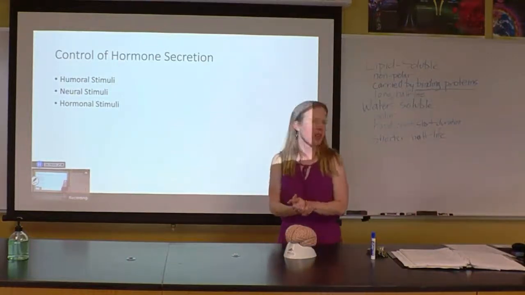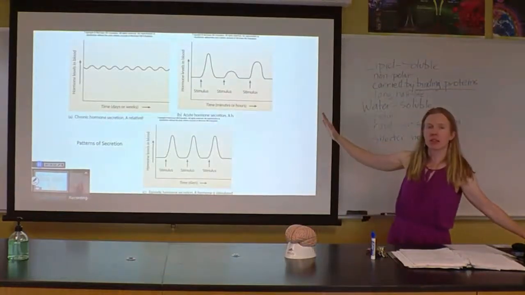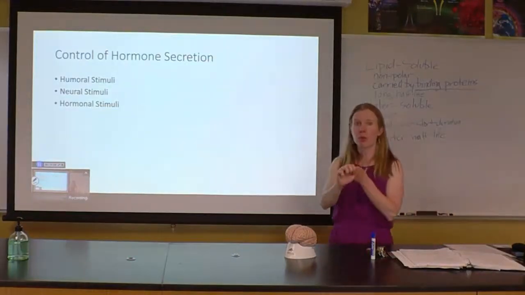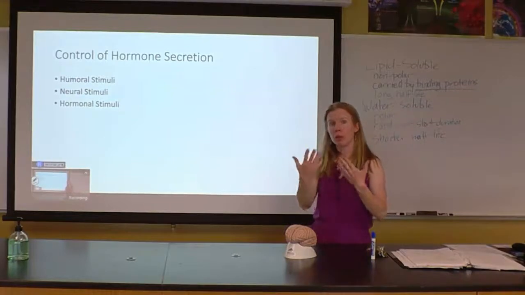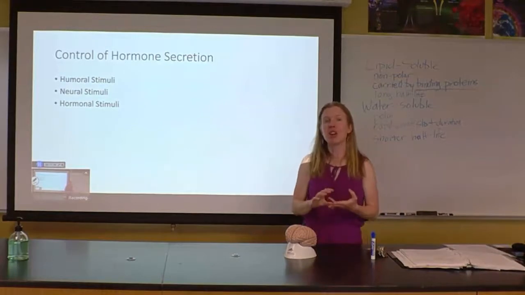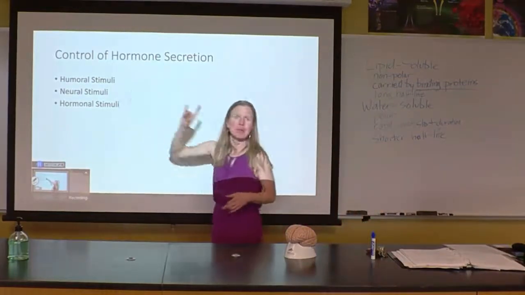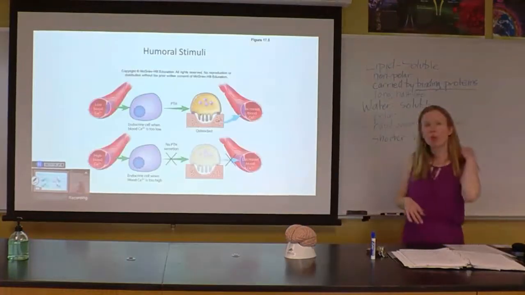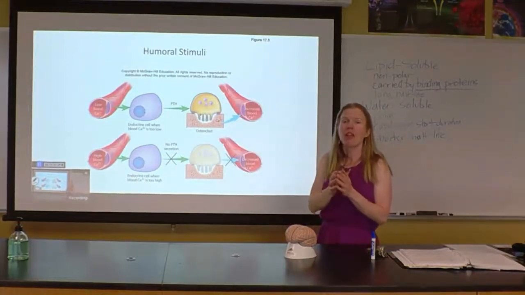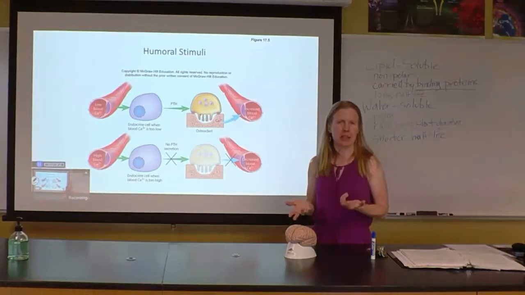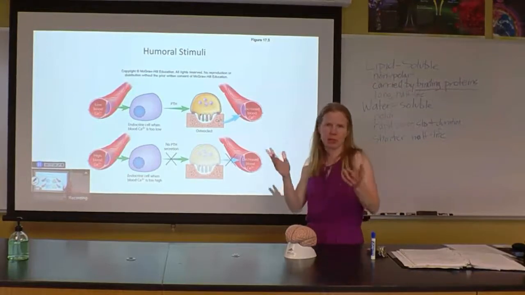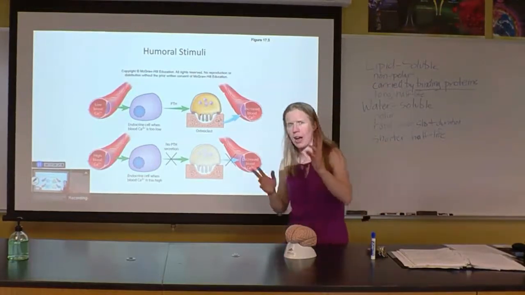How do we control that secretion? If these are the patterns of secretion, then the question becomes, how do we decide what is causing this? There are three things that are going to trigger hormone secretion, release from that gland: humoral stimuli, neural stimuli, and hormonal stimuli. This gets a little bit confusing to people, but let's take a look at this. So humoral is a weird word that people don't use so much anymore. The humors of the body are the fluids. Like when they used to bleed people or say your humor is cold or hot or whatever.